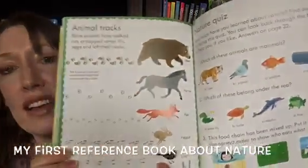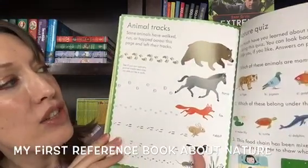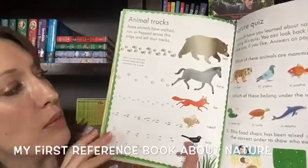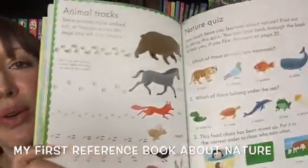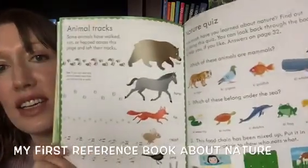And then at the back, there is a nature quiz. How much have you learned about nature? Find out by doing this quiz. You can look back through the book to help you if you like. Answers are on page 32. So it is a learning book, but it feels like a fun picture book